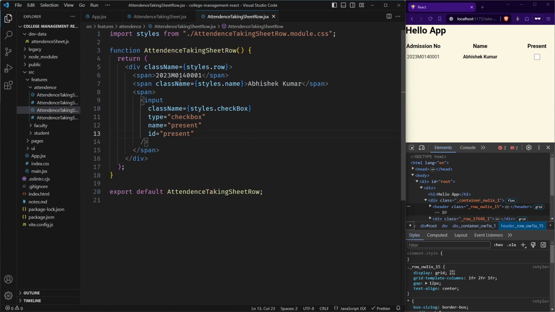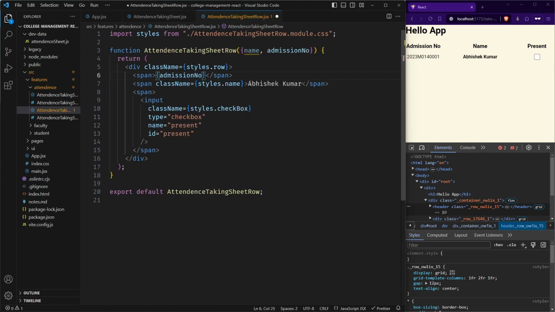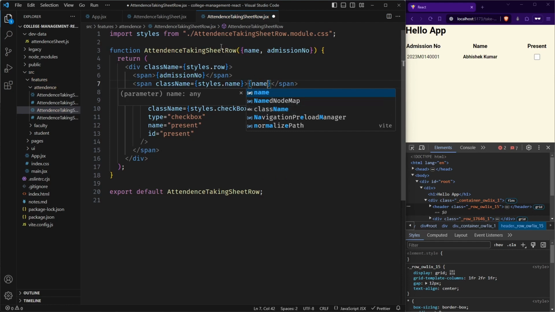So we know we need admission number here and we need name here. So let us give it name, admission number, and here instead of, we can use this variable, here the name.